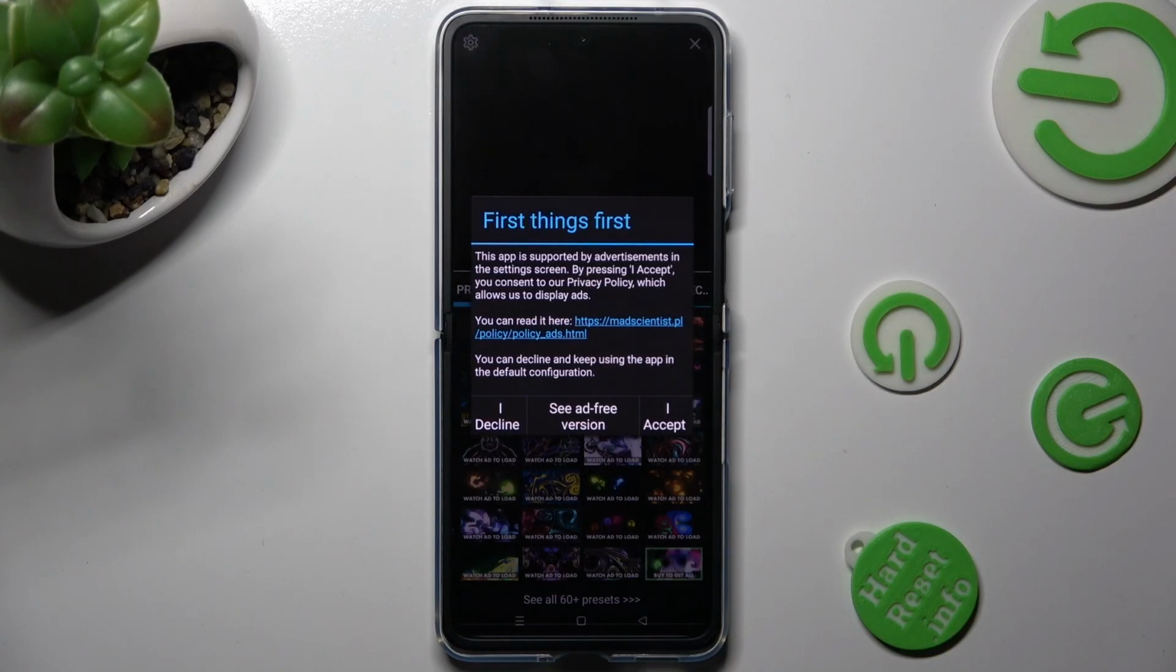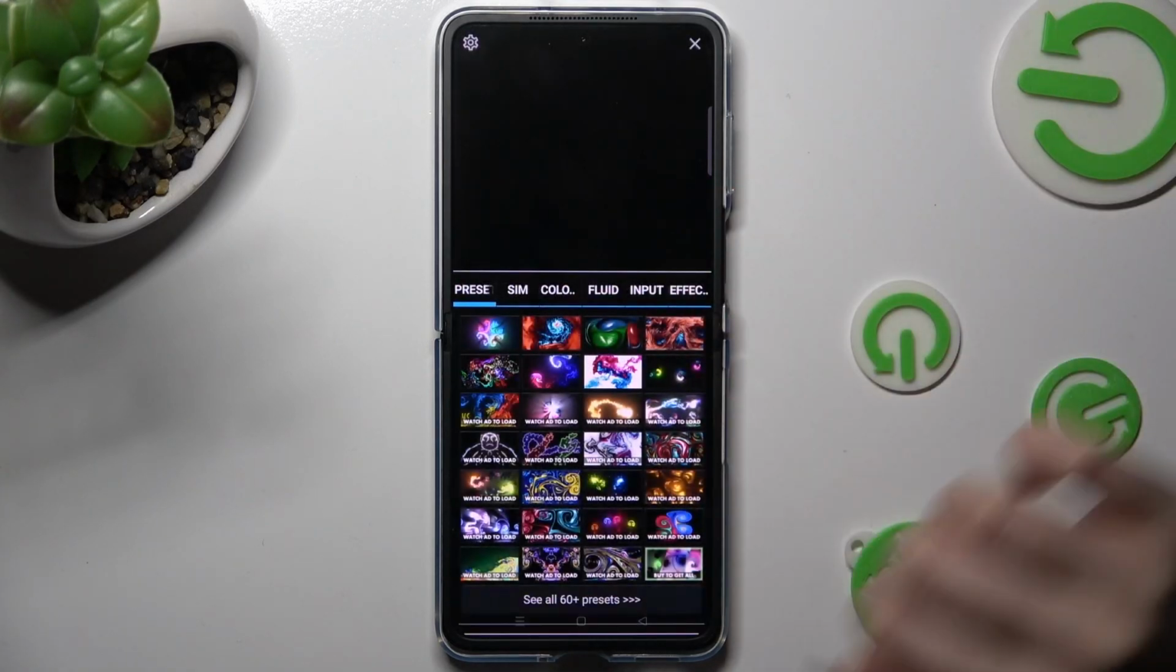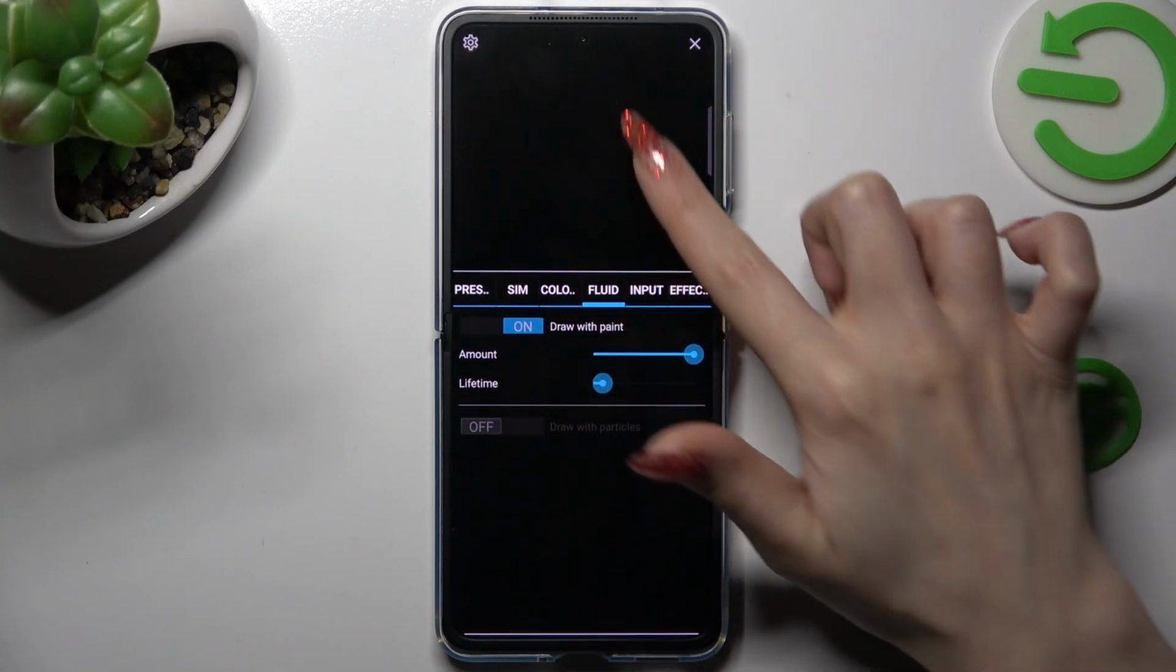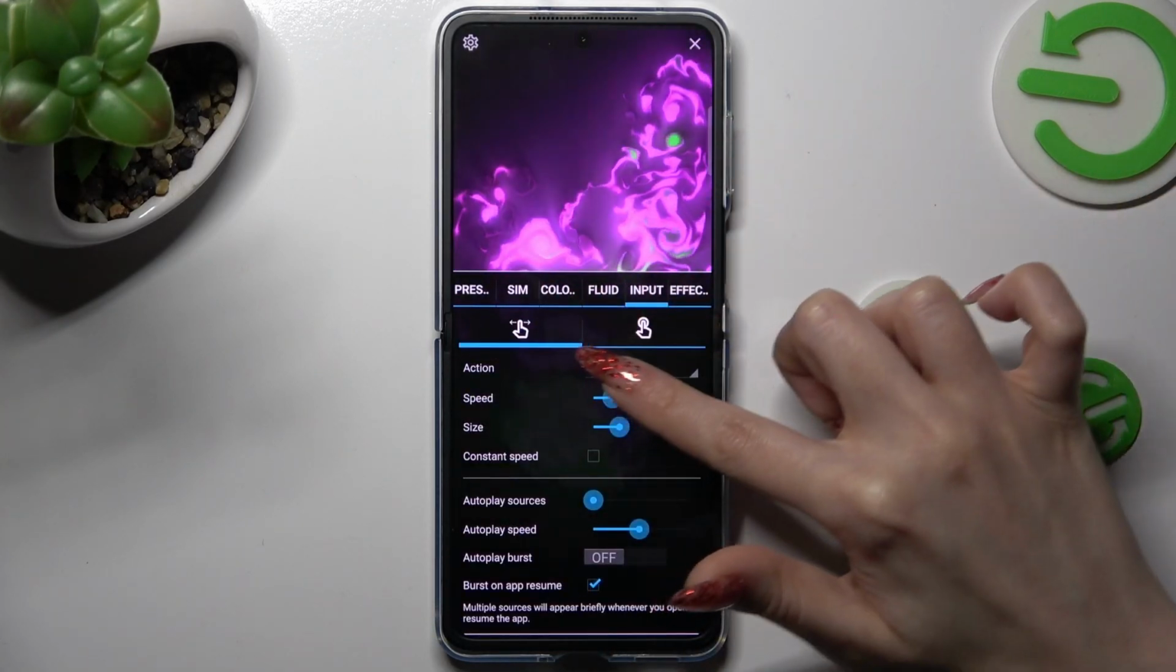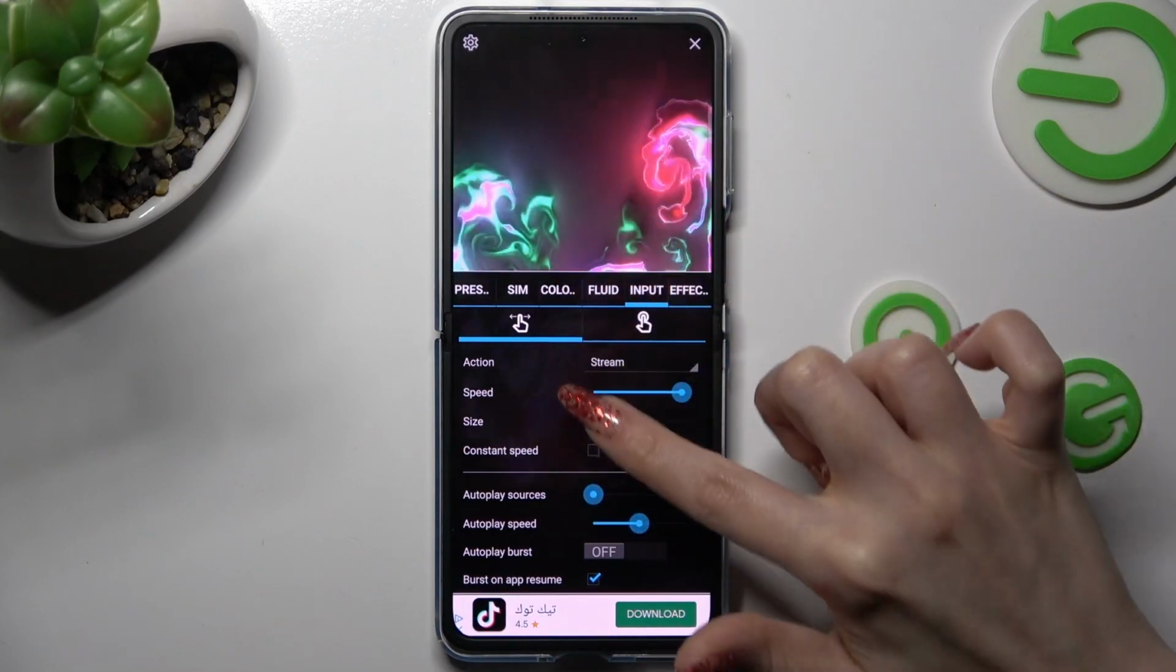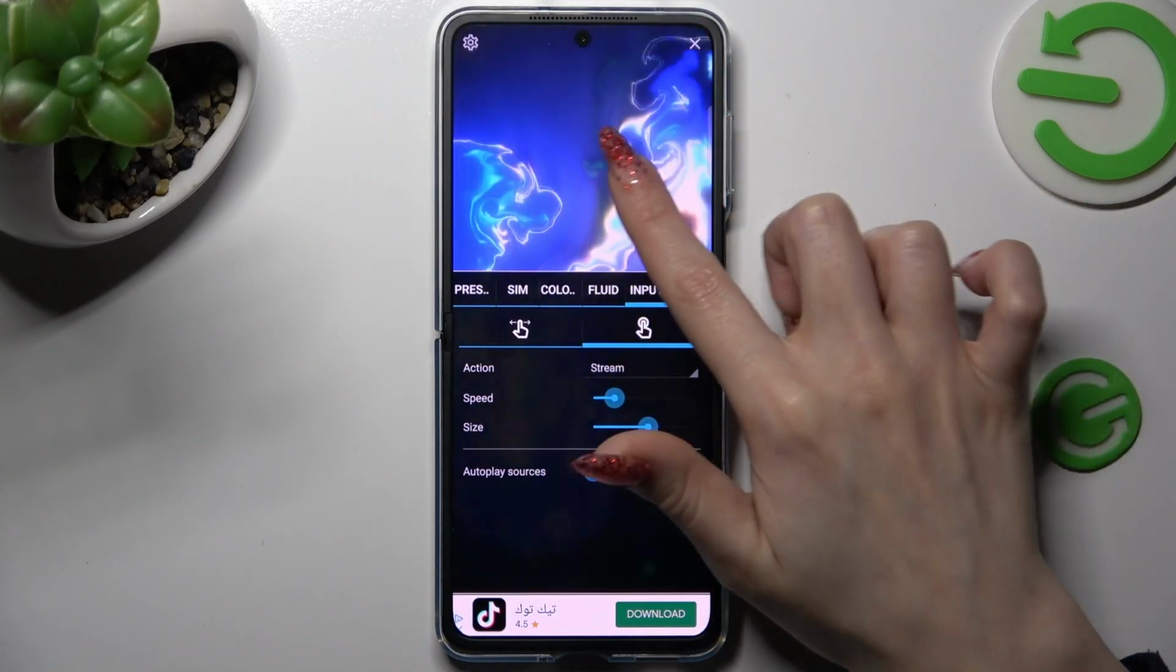Finally, choose I accept in First Things First pop-up and check out all of those settings. When you're ready, click on the top right corner